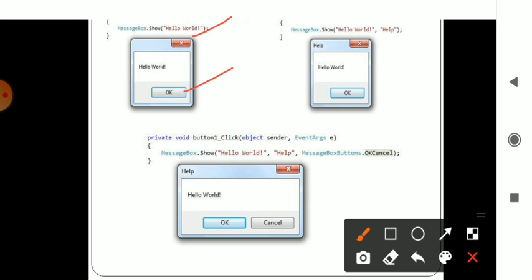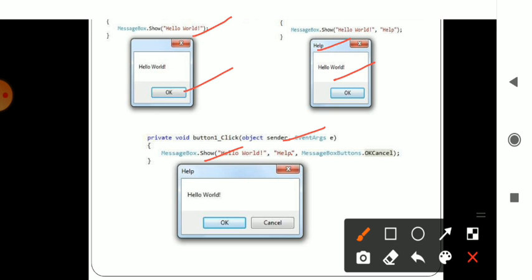In the same way, in the method, if we enter MessageBox.Show("hello world", "help"), when we click on the OK button, it will display the message hello world, and it will also display the help option. Another method, private void button click with object sender and event args e, will show a message that is hello world.